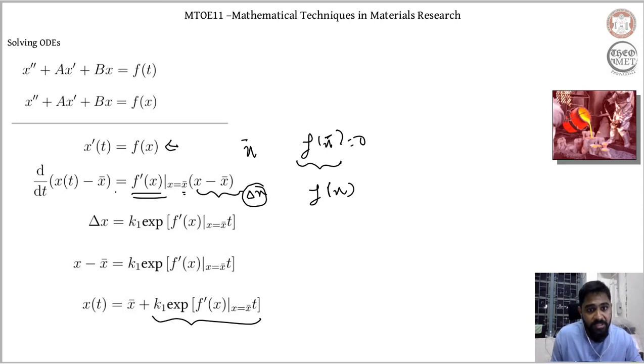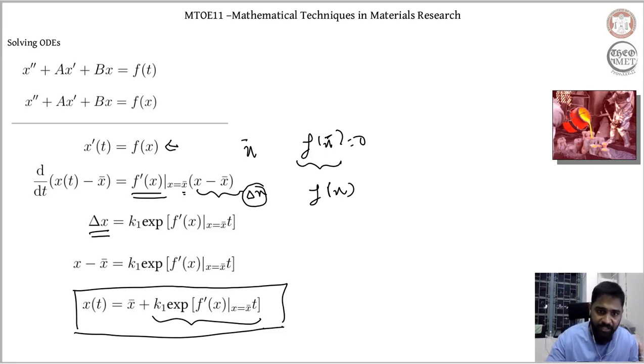So this assumes a linear form, so I'm able to solve this. Again, this is a first derivative with respect to a specific position, so I treat this as a linear ODE, and I'm able to solve this. And when I solve this, I end up having an expression for my delta x, and my delta x is nothing but x minus x bar, so therefore I ultimately have an expression for my x.